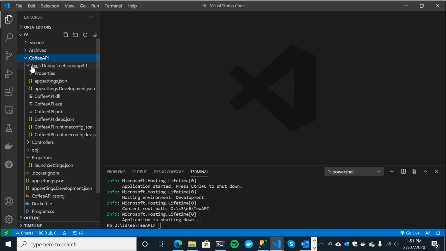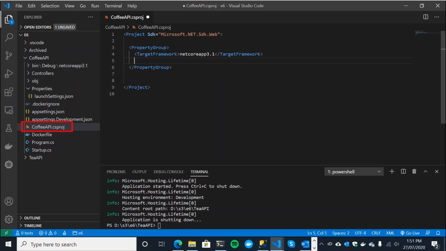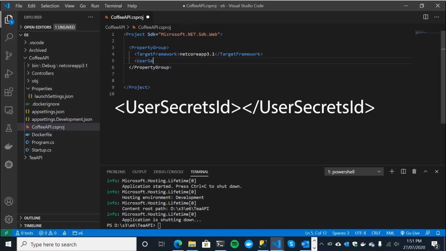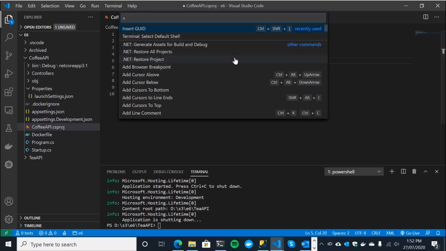So the thing we need to do first is to set it up in both our Coffee API and our Tea API. We need to come over to the csproj file for each one, and we need to specify a UserSecretsId tag within our property group. Let's just copy that and paste that, and we'll just make sure you terminate it with a backslash. Now what you need to put in here is just a unique ID, that's all. Each project has their own folder area where the user secrets or the secrets JSON file sits, so we just need to make sure there's a unique ID in there. Now I use a tool called Insert GUID.